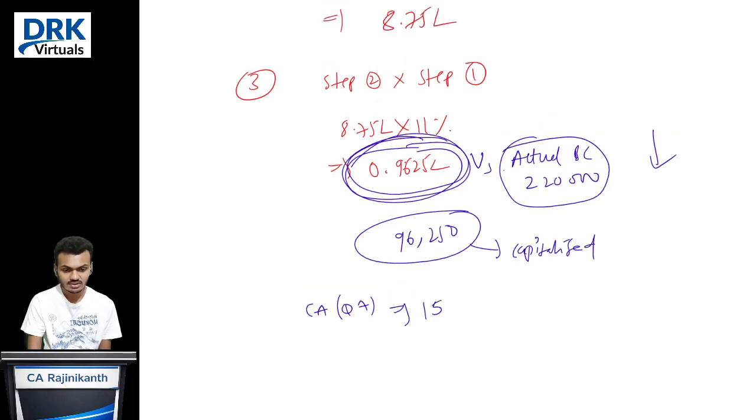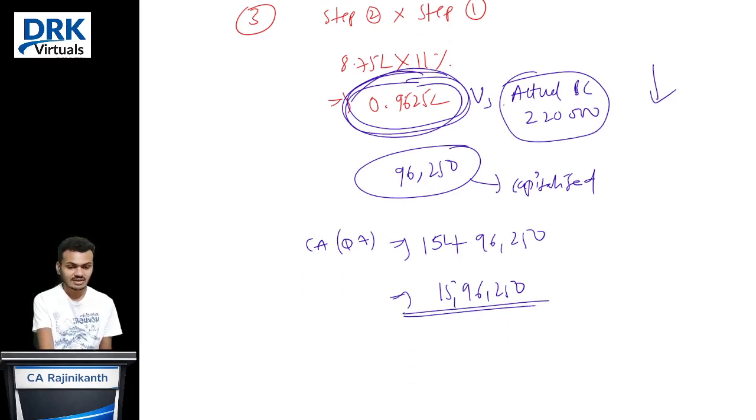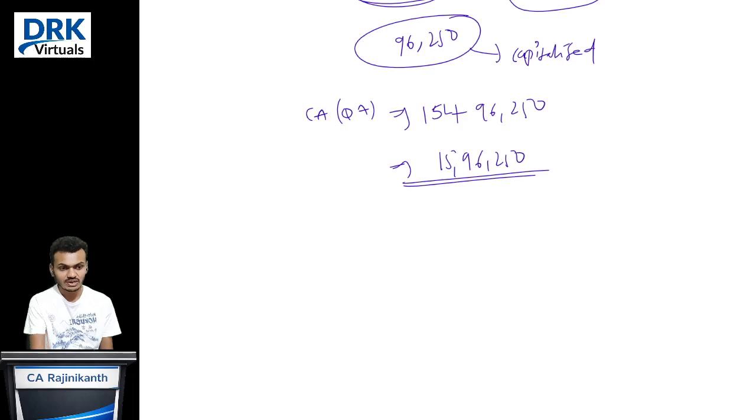Total 15 lakhs plus this interest 96,250. Total 15 lakh 96,250. This is the amount our qualifying asset carries. And now coming to the next financial year